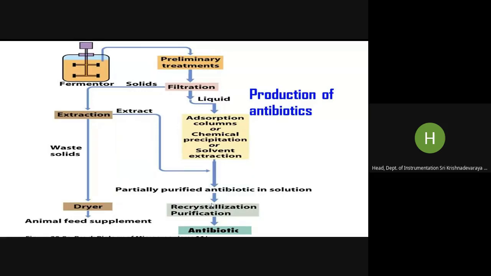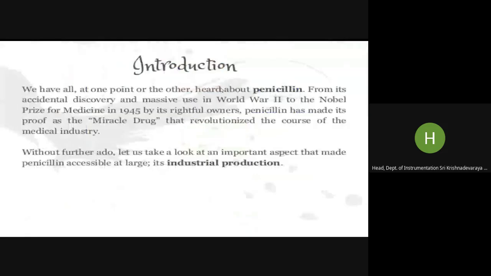Then you have a recrystallization purification, and then we are getting the antibiotic. So this is a very, very general production of antibiotics. So let's understand penicillin from its accidental discovery. We call it an accidental discovery because, as we will see in the next part,